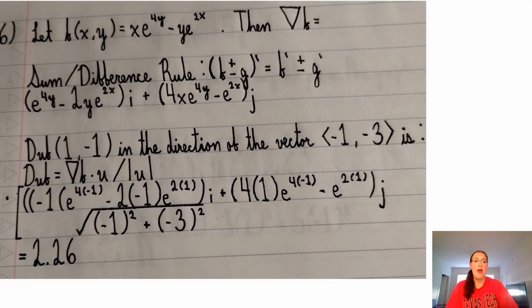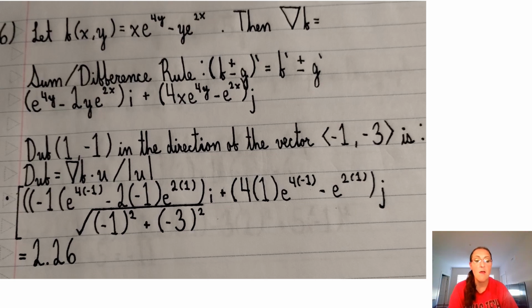Let f(x,y) equal x e to the 4y minus y e to the 2x. Then the gradient of f equals, in this one we're going to use the sum difference rule, (f plus or minus g) prime equals f prime plus or minus g prime. e to the 4y minus 2y e to the 2x i plus 4x e to the 4y minus e to the 2x j. D_u f at (1, -1) in the direction of the vector (-1, -3) is